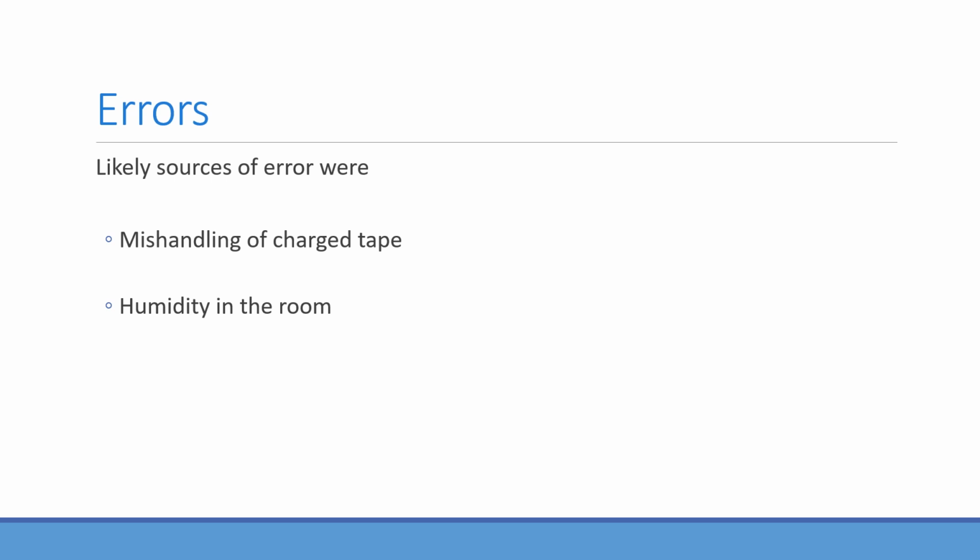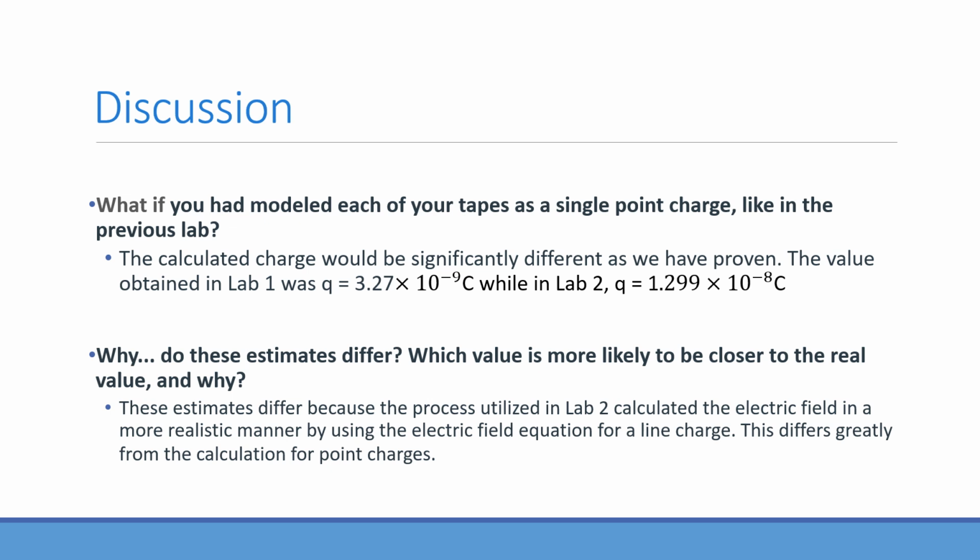And for our discussion, if we had modeled each of our tapes as a single point charge in the previous lab, we would have gotten the same answer as in the previous lab, which is 3.27 times 10 to the negative 9th, instead of the 1.299 times 10 to the negative 8th that we got in this lab. So these estimates differ so greatly